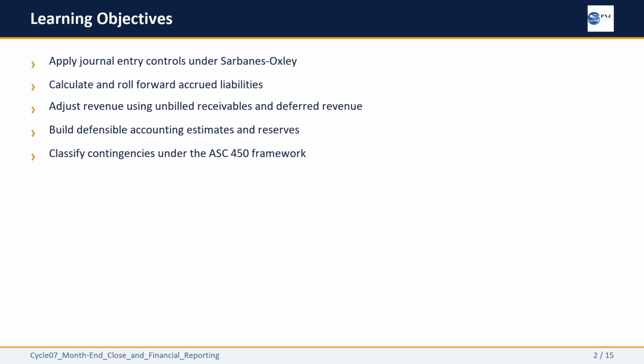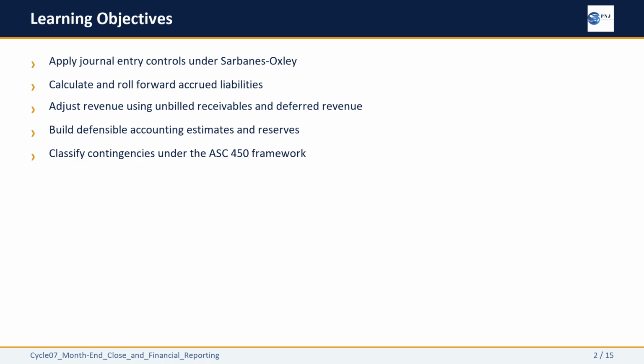By the end of this section, you will be able to apply the journal entry controls that Sarbanes-Oxley demands, including how to handle the riskiest entries. You will calculate accrued liabilities and reconcile them through a roll forward. You will make the revenue side adjustments for amounts earned but not yet billed and cash received but not yet